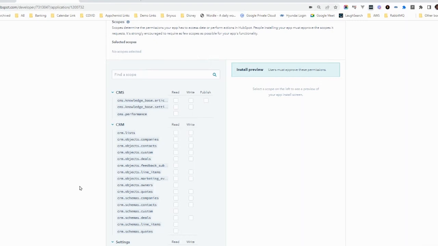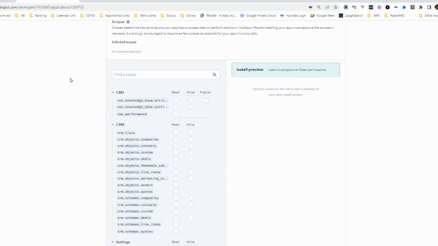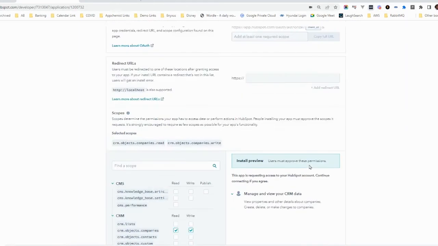So if your client says, hey, listen, all of my contacts got deleted, you can say my app doesn't even use the contact scope at all, so it must be someone else. So you want to consider these things as you're building your app. Okay. Once you know the scopes that you want, for example, you would say, my app will only affect companies, or it will only read and write companies. Great.